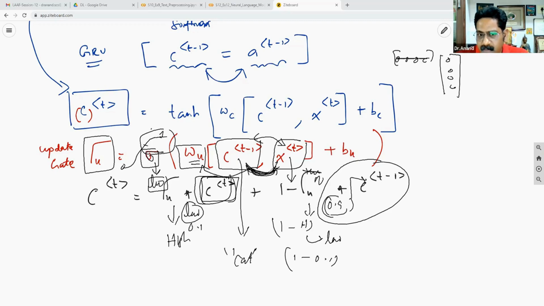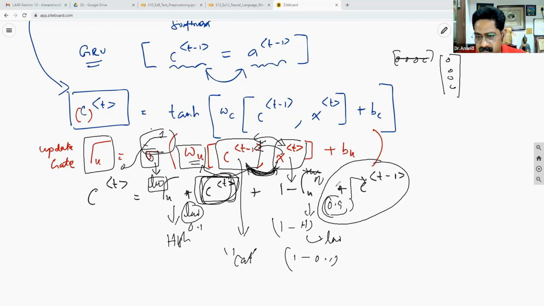Okay, let me give lesser importance to my current CT and a higher weightage to the previous one. Or I should give a lower importance to past memory, because my current context will be more meaningful than my past. If my current token has a more meaningful connection, that means I should give a higher importance to the current memory. Comparatively, it's okay to forget a little bit, because currently the sentence is talking about some other